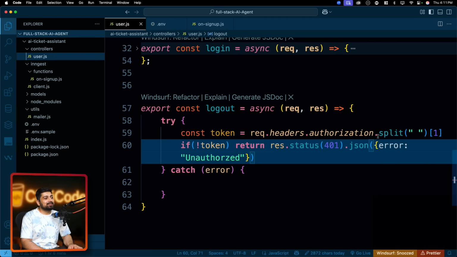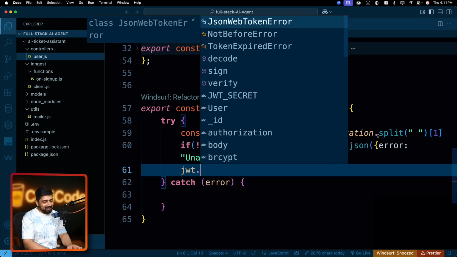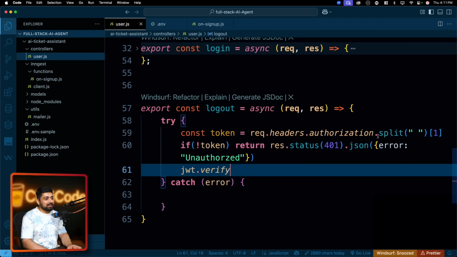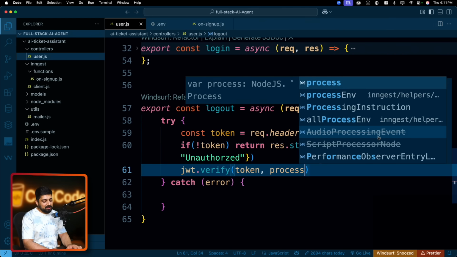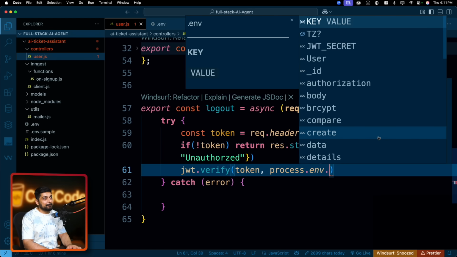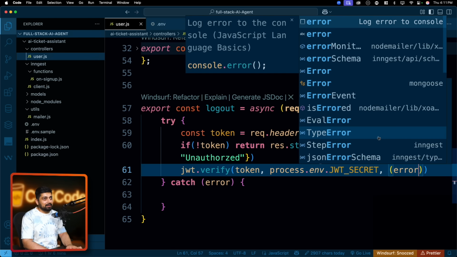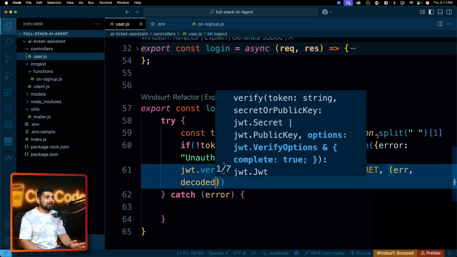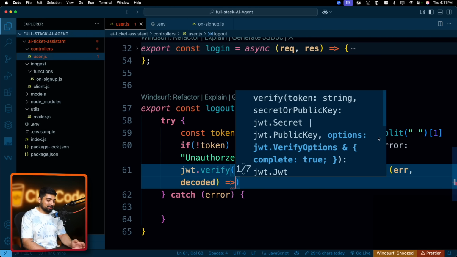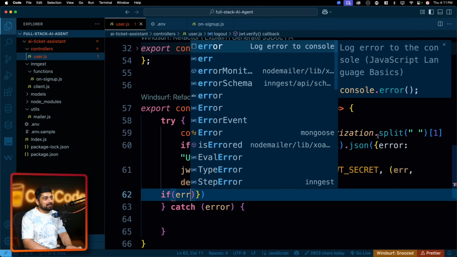We get the unauthorized, but apart from this, we can verify the token as well. It's not going to bother much, but let's just do that for fun. With jwt.verify, I can give the token and process.env.JWT_SECRET, and based on that you can give me either the error, or decoded. I won't be doing much with the decoded in this because I have nothing to extract as information in the logout. If there is an error,